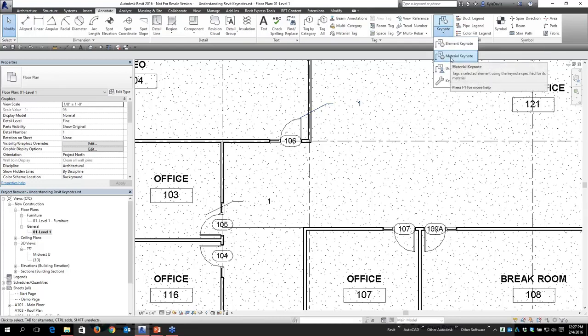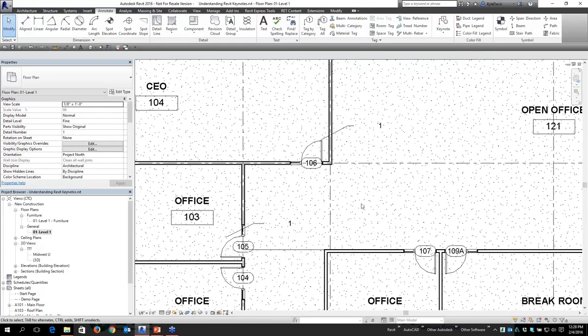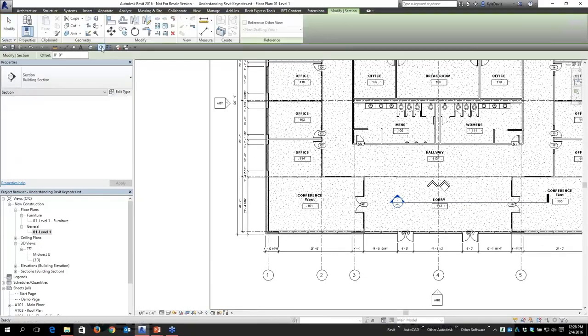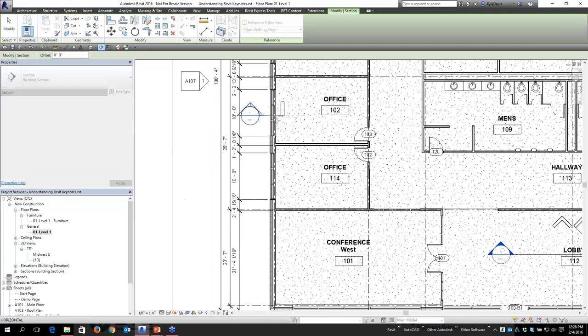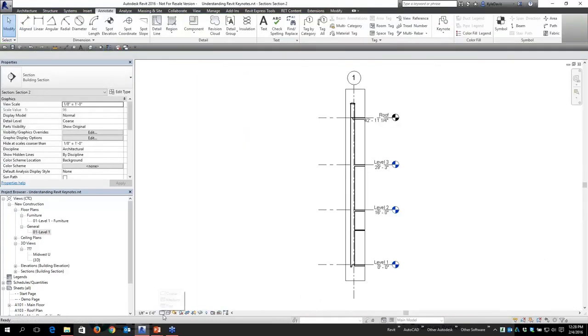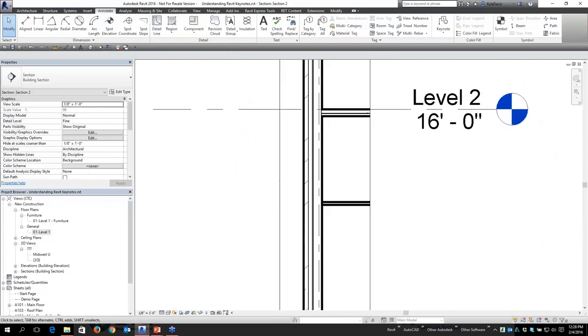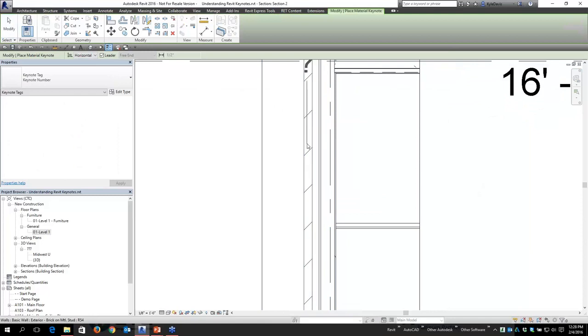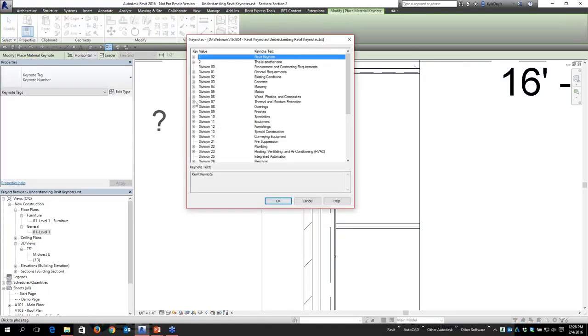The other method is the material keynote. And this one's very handy if you're going to be tagging things like wall sections. So I'm going to go ahead and go to a wall section here. I'm going to create one real quick. And I'm going to go to this one, and then I'm going to go into a fine level of detail so I see all the materials. And then I'm going to say material keynote, grab this material, pull it off, place it,